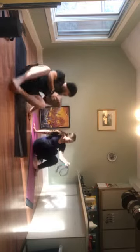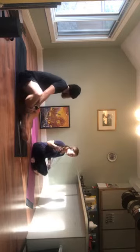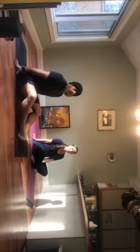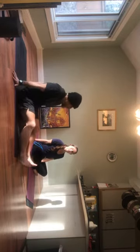For class, all you really need is a block or something like a basketball size, or whatever you want to use in order to elevate your hips. That's going to happen later in class. To begin, let's start flat on our backs, knees into our chest,